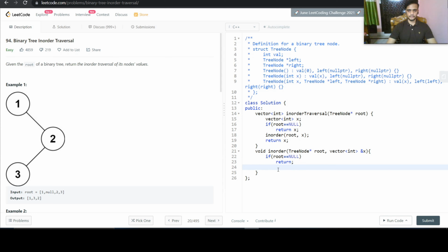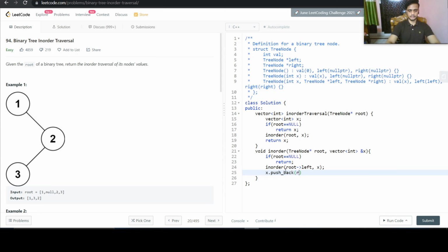Then we will recursively call the same function for the left subtree. So inorder, root's left and x, and inside x we will then insert the root's value.